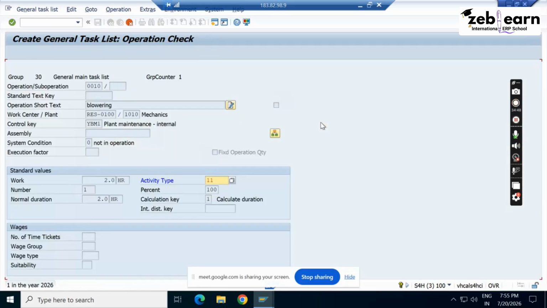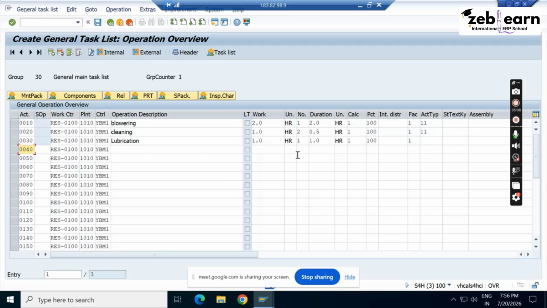So system automatically calculates the duration as well. Now while calculating duration, system gives me an error on activity type. Why give the number 1? Yes, I will tell you. Whenever there is an activity type error, just keep pressing enter and remove the activity type. Keep pressing enter, so automatically